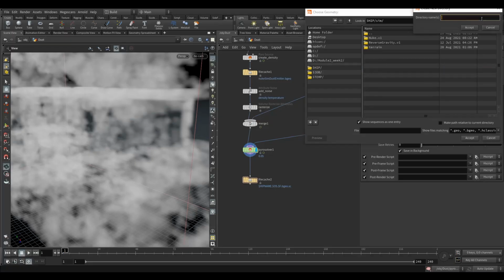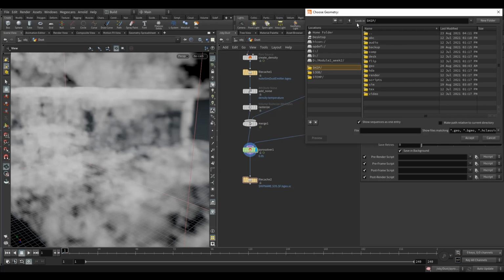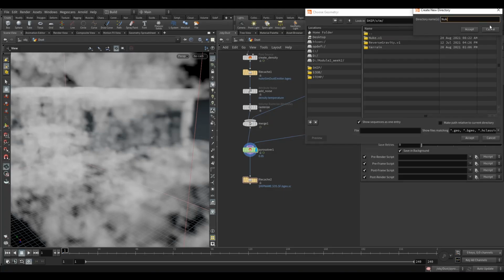Yeah, so let's say, in the nuke one. Do you have folders in here? No, I'll do a new folder. So nuke dust. Okay. $F4, $F3 for the frame,